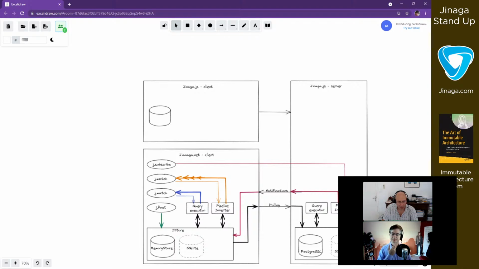And then on the .NET client, we have the memory store, which is working, and we have the SQLite store, where I'm doing an attempt. Both just implement the IStore interface. Is there a similar interface on the server?